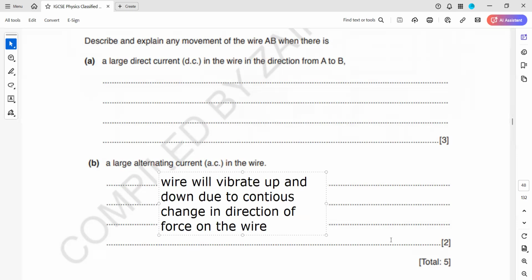Okay, is this clear? So these are some questions. As I mentioned, every session we'll discuss some